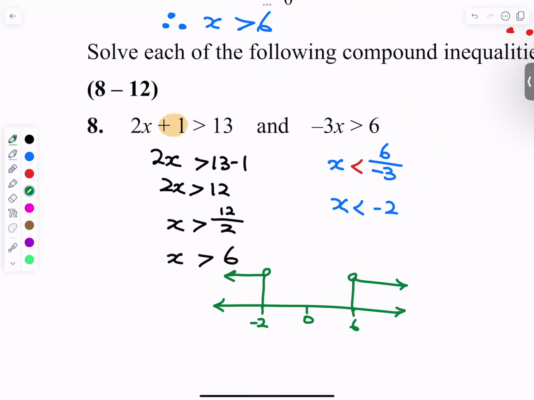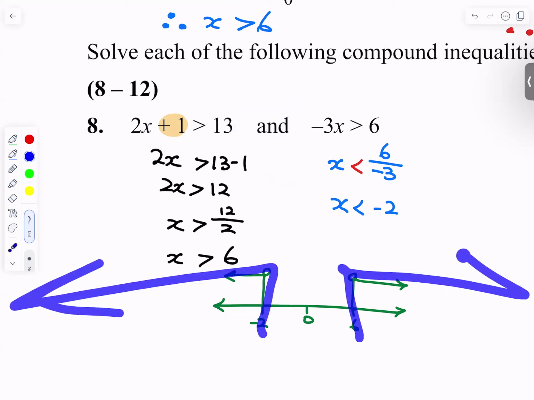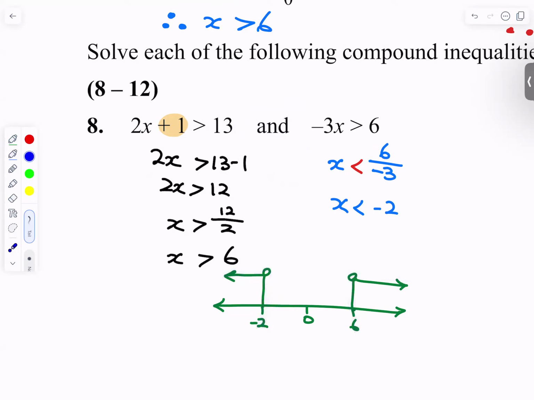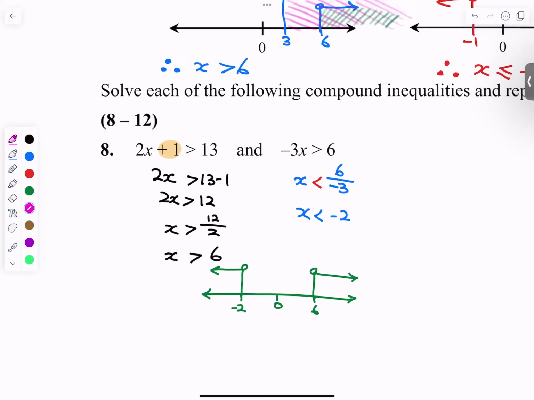Circles, circles, they have no equal sign, no need to blacken. Uh-oh, do they meet? The question is "and", they lived happily ever after together and they met. Where are they meeting? This one is going here, this one is going here. Are they even meeting? Nope, they are not meeting at all. So that means there is no solution for the x. They are never meeting. So no,